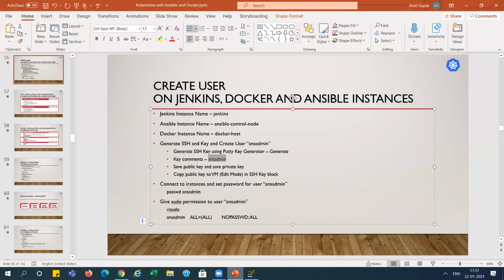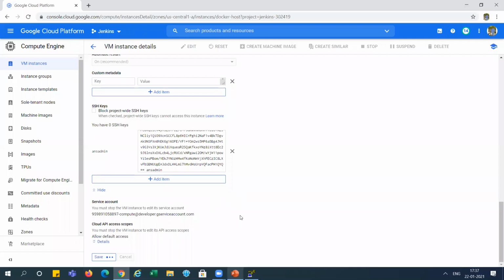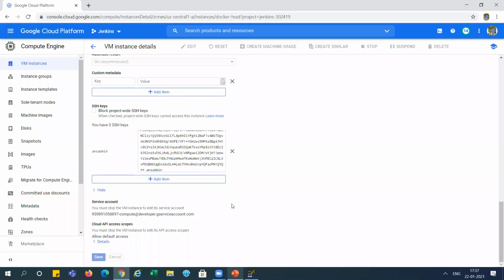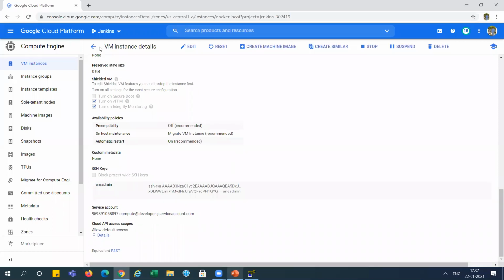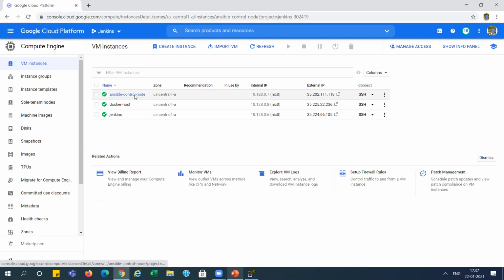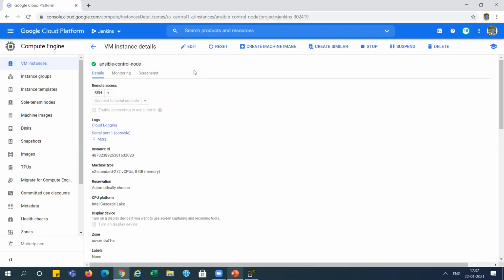After that, we need to connect to the instance and set a password for this ANS admin and provide the sudo access to that user, right? So these 2 steps, user creation, we will complete here in the first slide. Yeah, it's done, right? Now we will do the same for this third instance also.